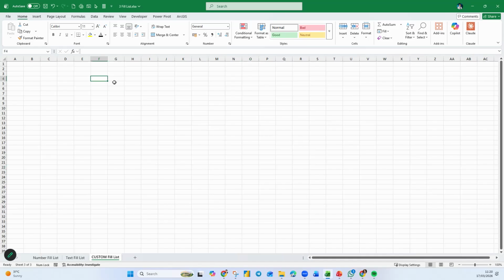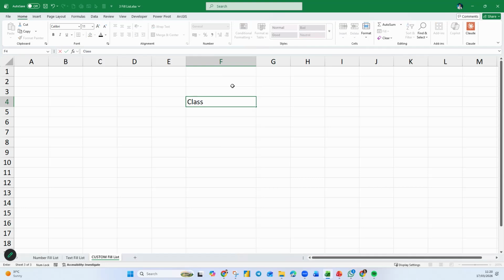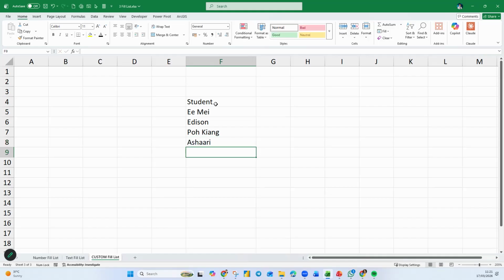So let's give it an example. I put here class, or maybe I put here student. So I type student, then I put there email. Then I have Edison, I have Okyang, I have Ashaari, I have Jaja, I have Green.